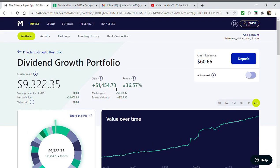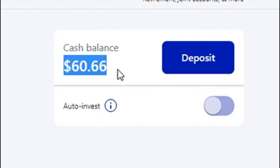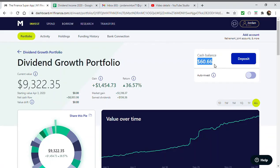It can be a savings account. Now, I know in my portfolio, I only have $60 cash. I know what you're probably thinking. Wow, Jordan, you're not following what you preach. You only have $60 in cash. Well, I have a lot of cash on the side, just in different accounts, checking accounts and savings accounts